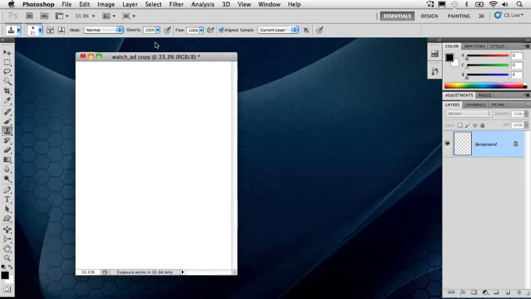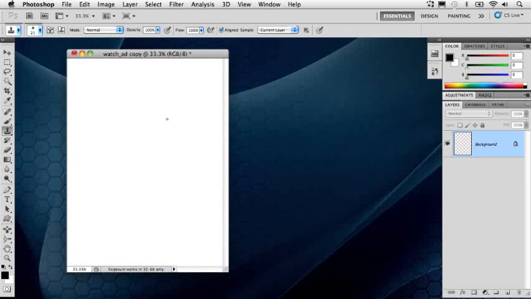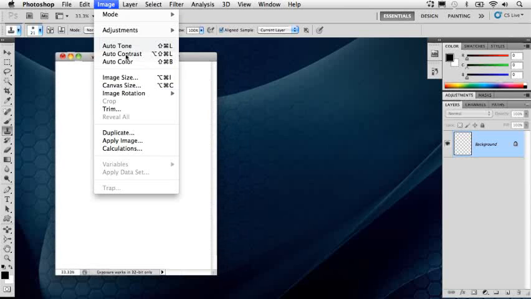So we are going to kick off this marathon of down and dirty awesomeness with a really cool, slick watch ad. These are the types of high-end watch ads you see in all the really high-end fashion magazines and such. They're really just cool, very slick-looking ads, and they're really not that hard to create once you have all the elements. So we're going to begin with a document I've already created here,